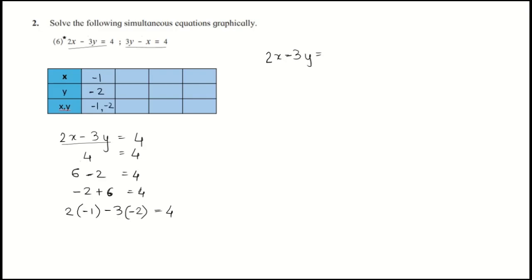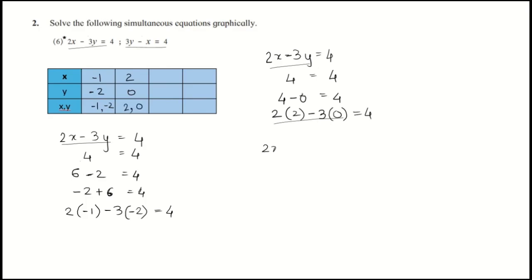2x minus 3y is equal to 4. As we need to get this total as 4, we can write this 4 in the form of 4 minus 0 is equal to 4. How to write this in the form of equation? Take 2 from the equation, 2 into 2 will give us 4. Take this minus sign, minus 3 from the equation, and here we need 0. So minus 3 into 0 will give us 0. On solving this, we will get total as 4. So the next point will be x is equal to 2 and y is equal to 0.